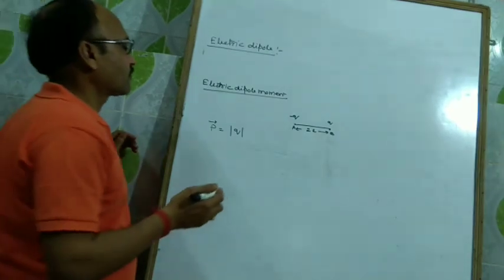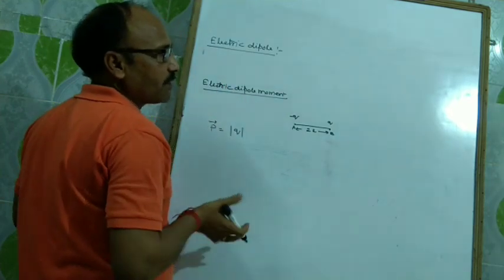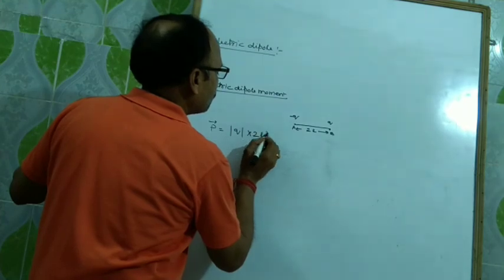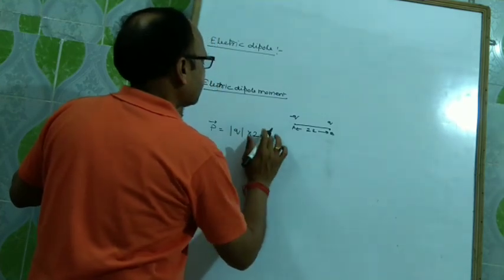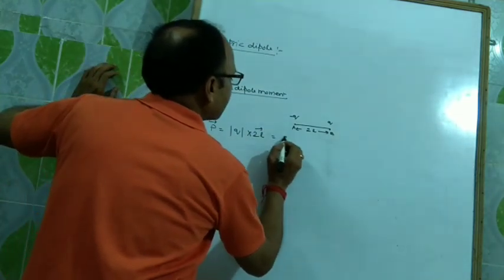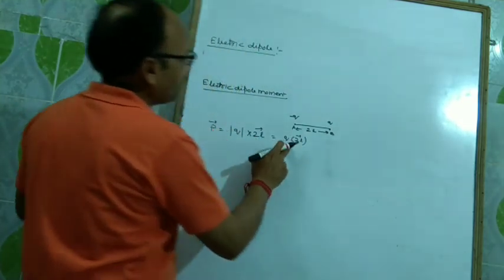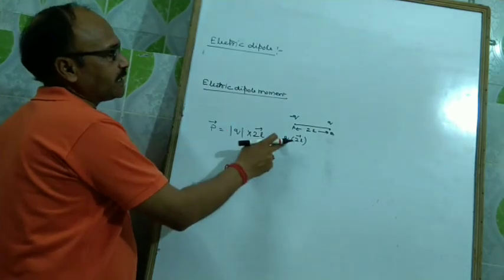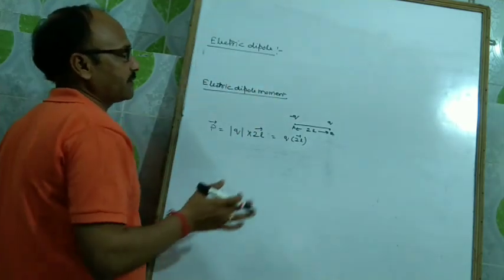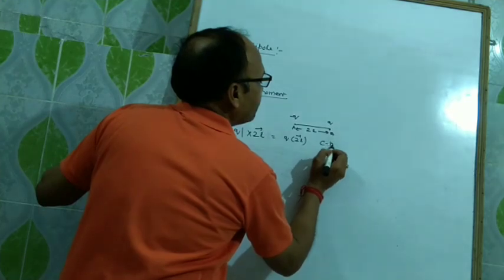प्लस माइनस कुछ भी ले सकते हो इसको, पर मैग्नीट्यूड लगा रहे थे, ये क्या हो जाएगा? पॉजिटिव हो जाएगा. Magnitude of either charge into 2L, and this can also be written as Q into 2L. Magnitude means whether it is positive or negative, you will take the positive sign. So we will take the positive sign and remove the magnitude sign. The SI unit of this is coulomb meter.